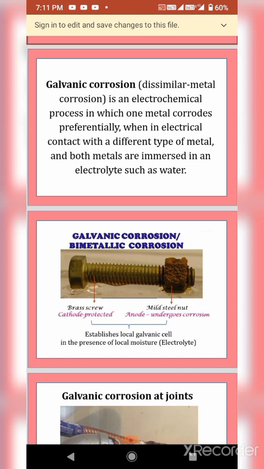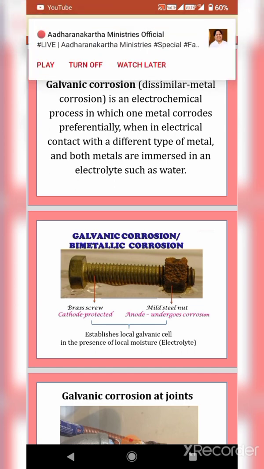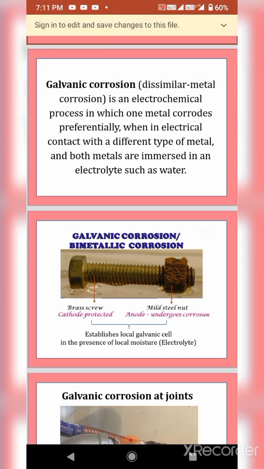It means when two different metals widely separated in the electrochemical or galvanic series come in contact with each other, they establish a local electrolyte. If we take an electrochemical series, there are two metals which are widely separated. When they both come in contact, they establish a local electrolyte. So the anodic metal is corroded and the cathodic metal is protected. In this, the metal which acts as an anode will be corroded and the cathodic metal will be protected.